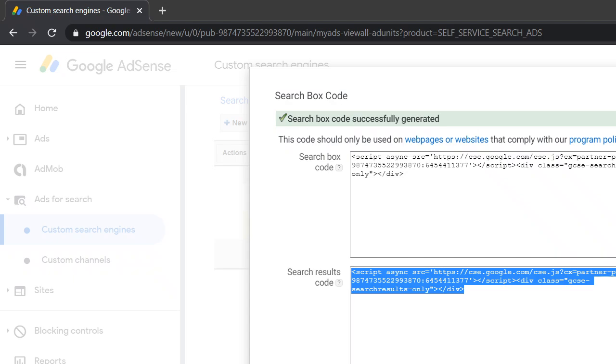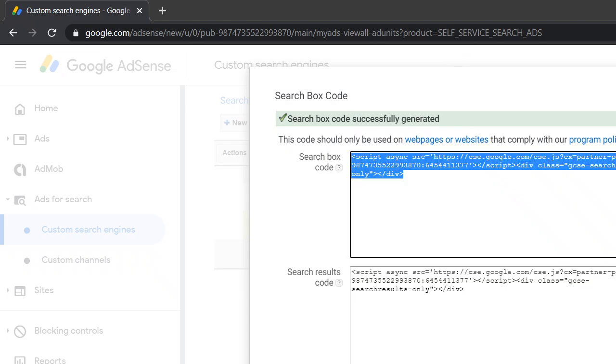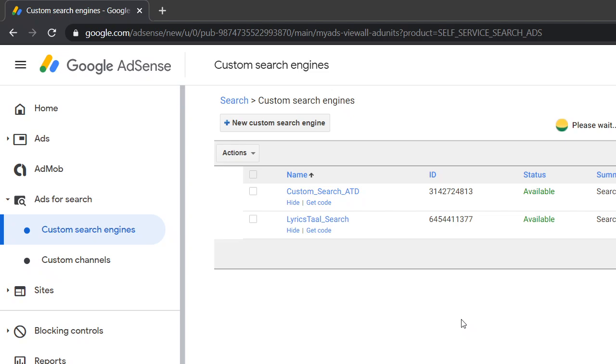Basically this is terms and conditions. Once you get this code, you need to implement it inside your body. So this is how the first part, creating search ads inside your Google AdSense dashboard, works. And this is how we can generate overall search ads and implement them on your site. So this is the first part.